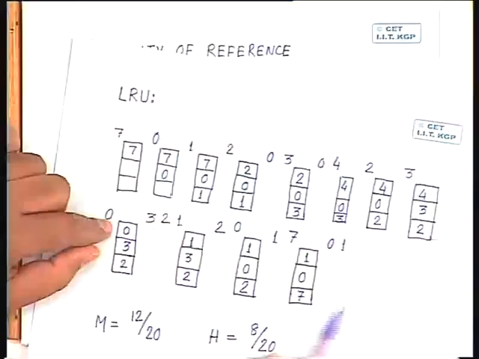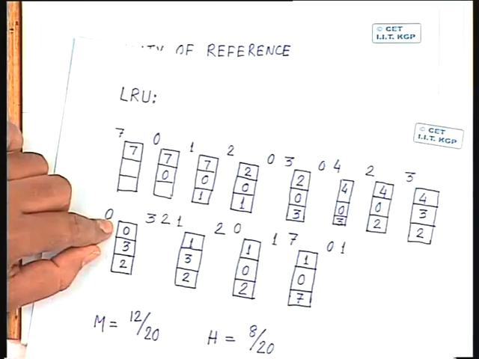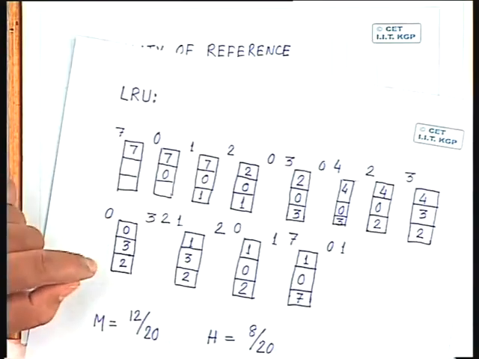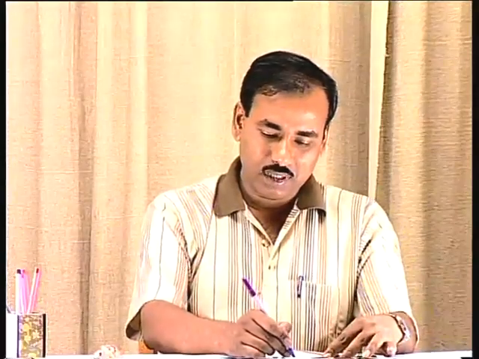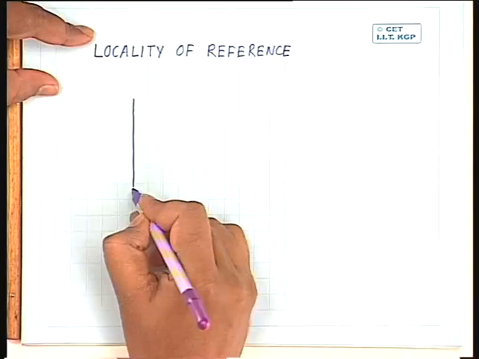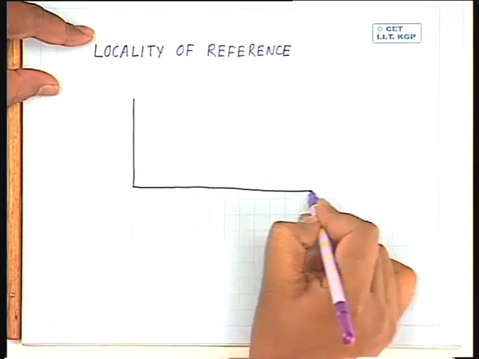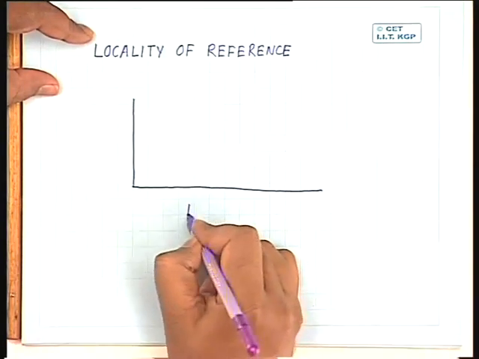If I increase the number of frames beyond 3, suppose I make it 4 or I make it 5, you will find that the number of misses will go down considerably and the number of hits will increase. Obviously, because I accommodate more number of pages in the main memory simultaneously. At the same time, if I reduce the number of frames, the number of hits will decrease and the number of misses will increase. So, if I plot for any particular program the number of misses or the number of page faults versus number of frames,